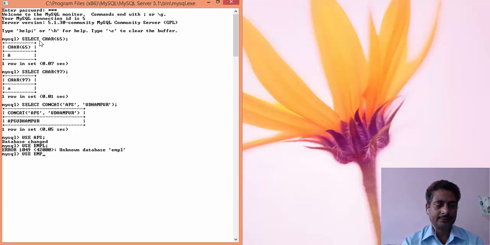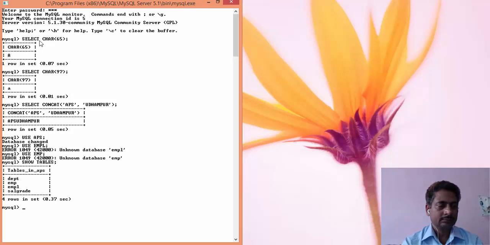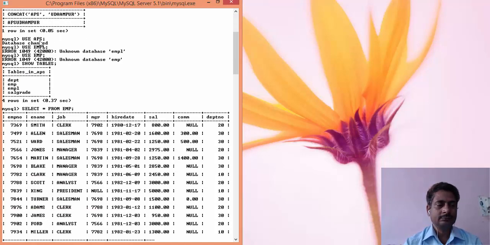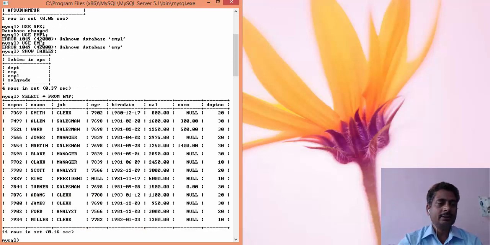EMP file, I think. So you can see here ename and job. If you want to join the ename and job both, we can do it with the concat function.